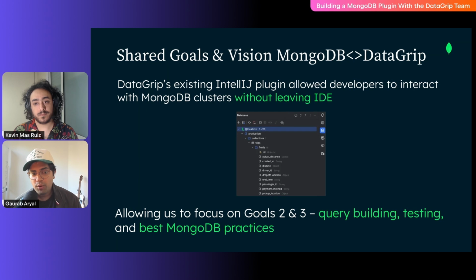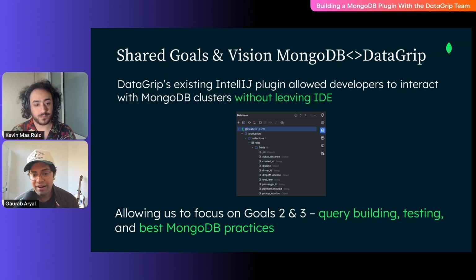And then when we spoke to the DataGrip team, what we discovered, and even before this, we had already discovered this, is DataGrip already had an integration with IntelliJ. And it was in the form of the Database Explorer extension, which you may be familiar with, that lives in IntelliJ. If you've never seen it before, it is on your top right corner with that database icon. And what this integration from DataGrip allowed us to do is skip the stage of being able to let users connect and explore their data within MongoDB, because DataGrip already offered this experience